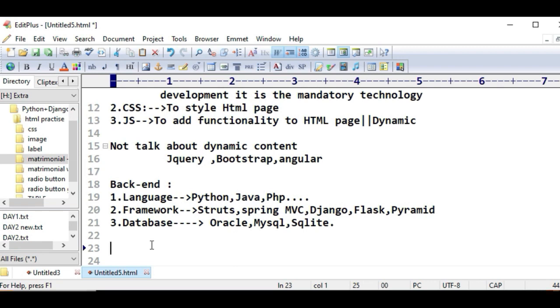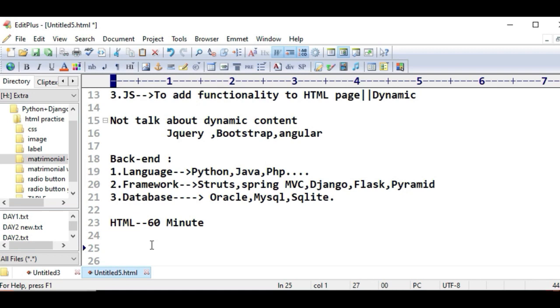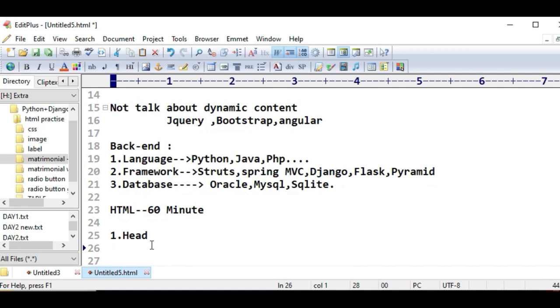Now I am going to discuss HTML in just 60 minutes. It's a super fast HTML. HTML also contains two parts. The first one is the head and the second is the body.